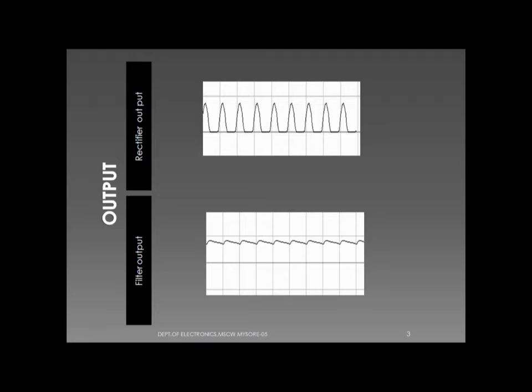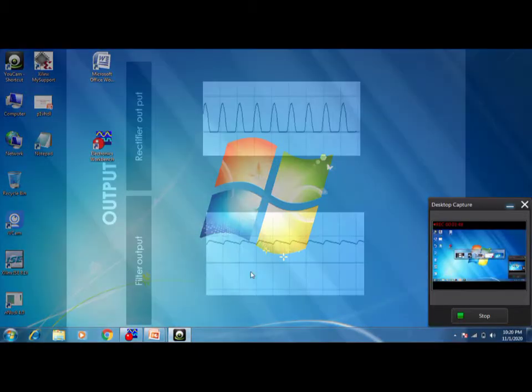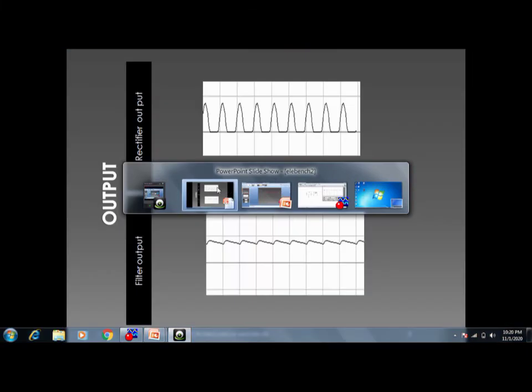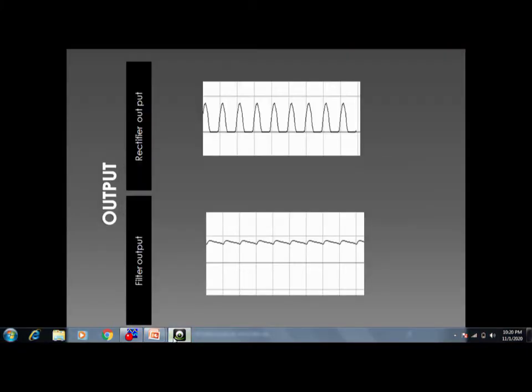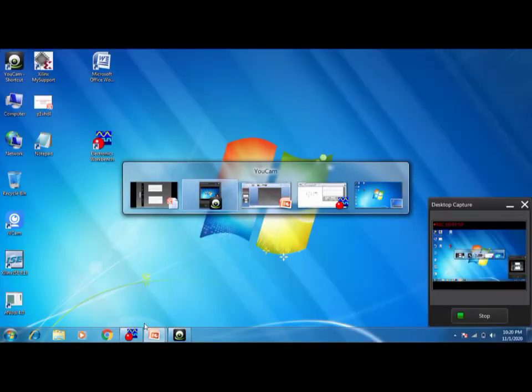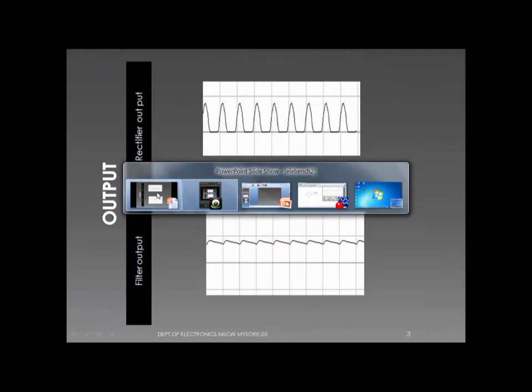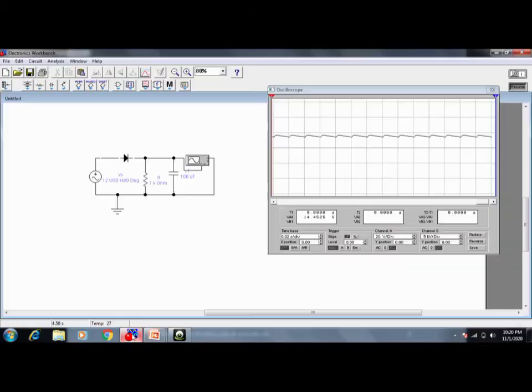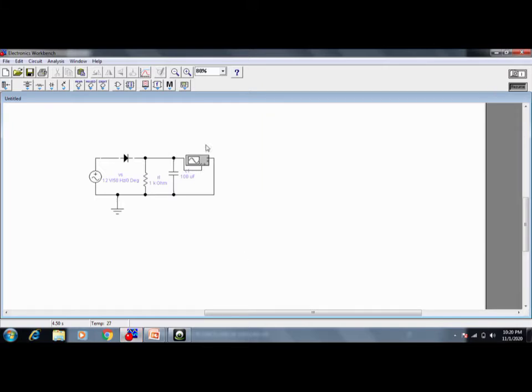Okay, now let us move to the electronics workbench software. Here the electronics workbench software is there. So actually, I have already constructed this, but today I will show you how to construct this half wave circuit.